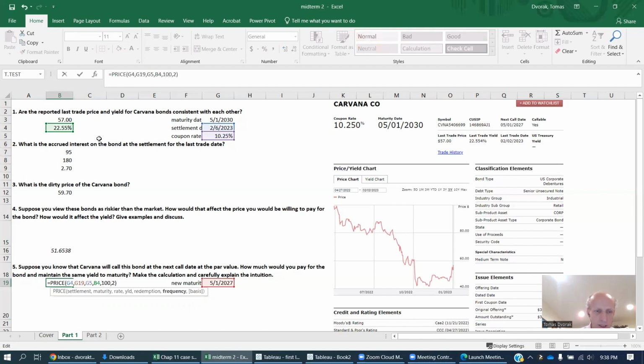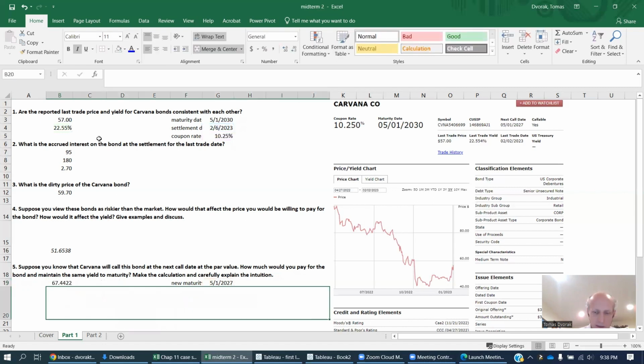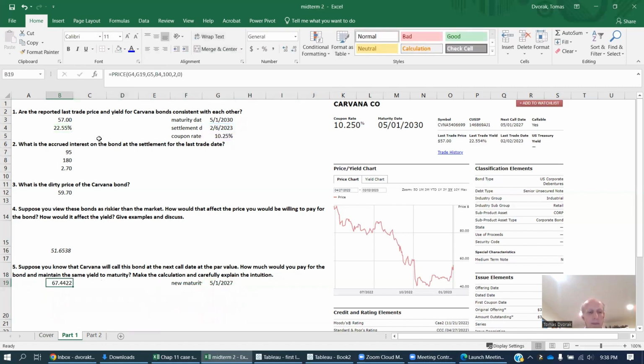Redemption is 100, and the basis is going to be 0. We're going to leave it, and the price goes up. So I'm going to actually pay more for this bond. And what is the intuition? So on the one hand,